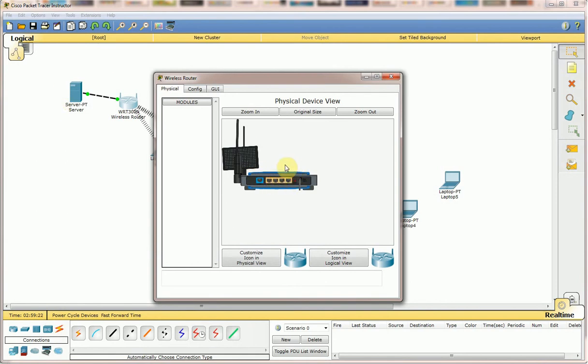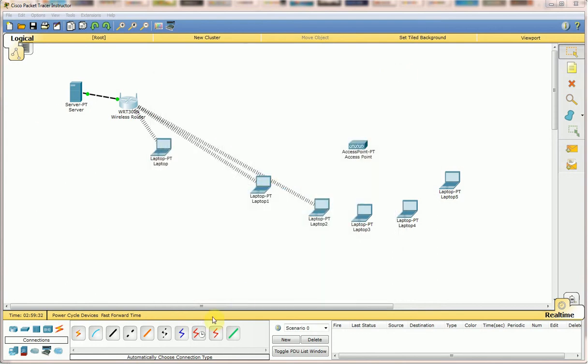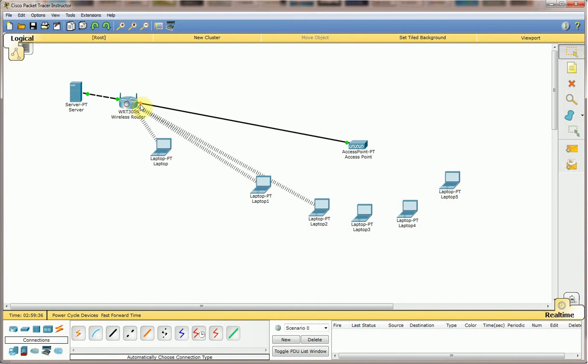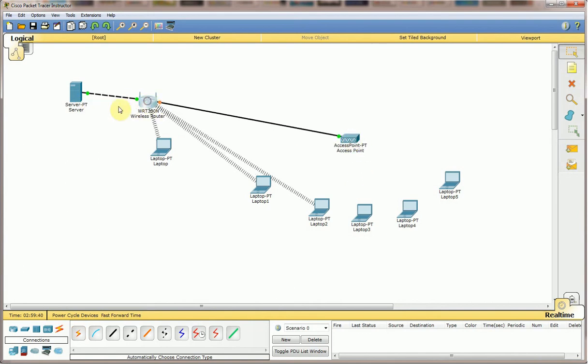It has two different areas: one is called the WAN connection, and one is called the LAN connection. This can be wired and wireless. We can also create a topology in between where these two access points and routers can be connected. So this is the topology we are making.